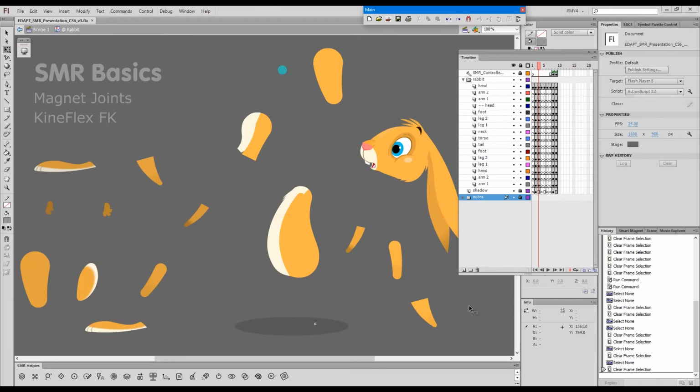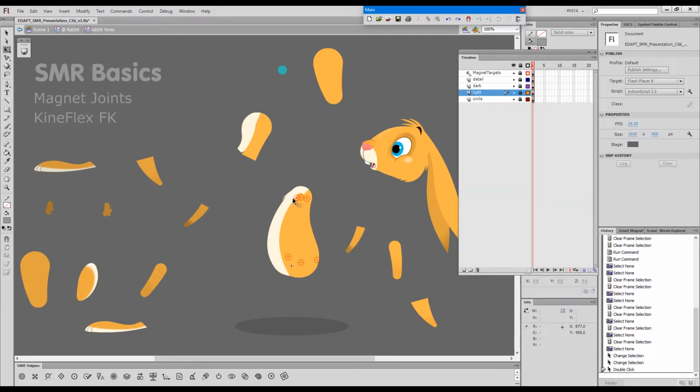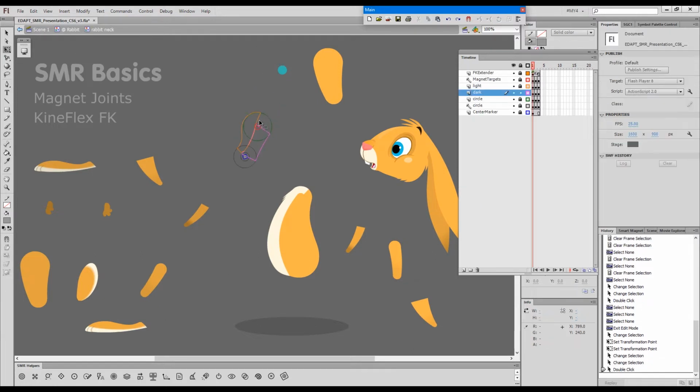Many of you have been using our tools for years, but for the newcomers I will very briefly explain how smart magnet rigs work. Inside each element we have the so-called magnet targets, and these are the points that tell where the next element in a chain will magnetically snap to. So the hierarchy is realized on the basis of the registration point, which is one of the important points in the element, and then we have a magnet target which tells the next element where to snap to in the